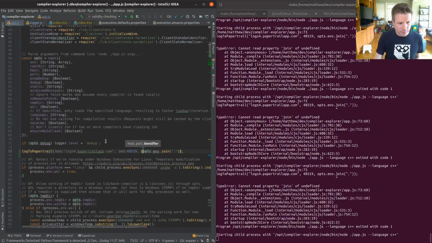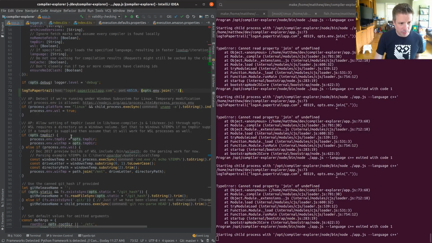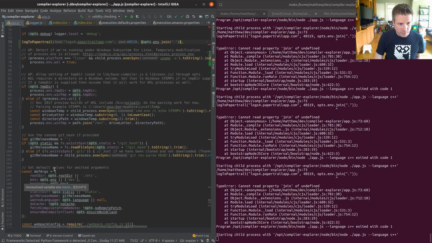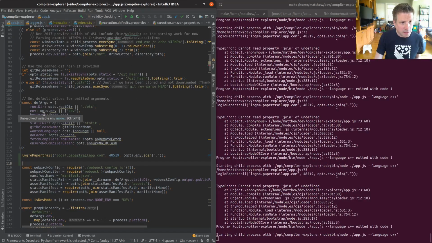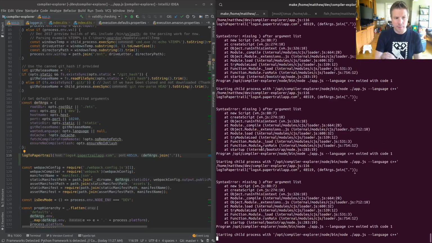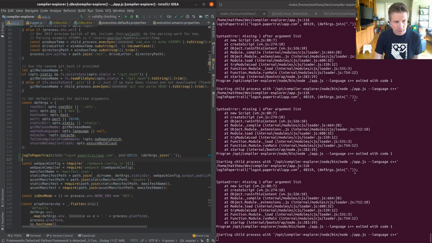There's definitely some other thing about where I do the process.env. Default args for omitted arguments there. That sounds more like it, doesn't it? Let's def args. It's so hacky, oh so hacky.